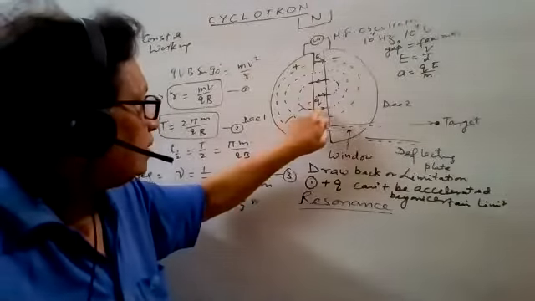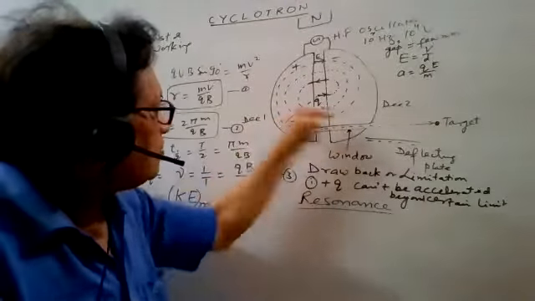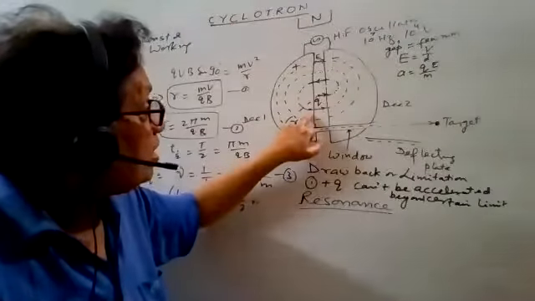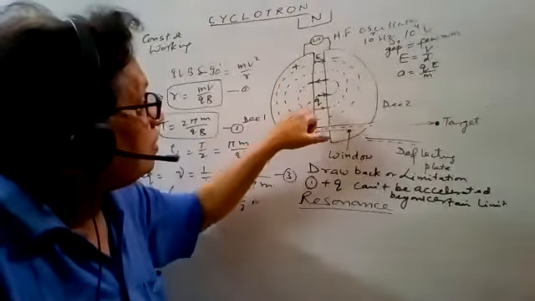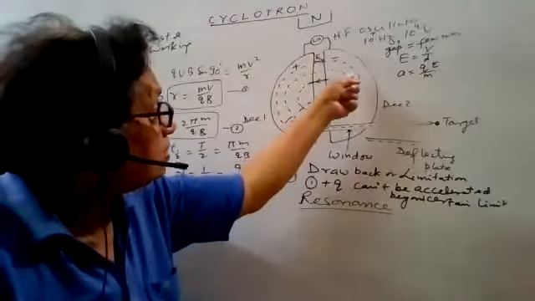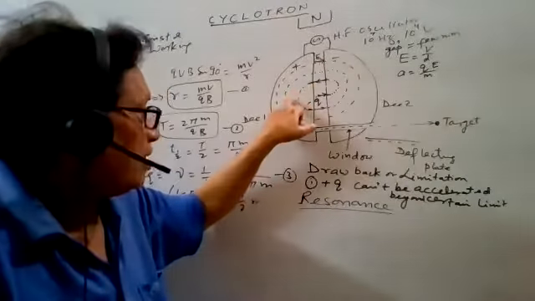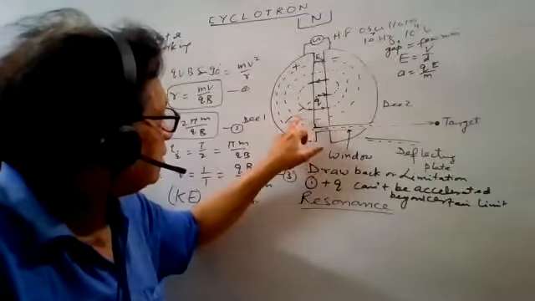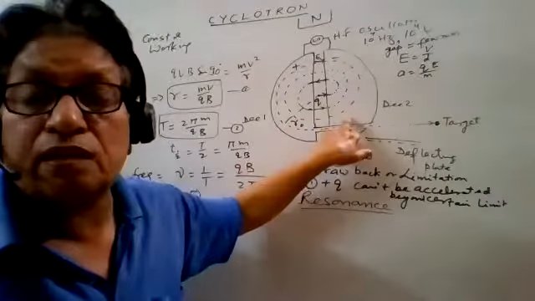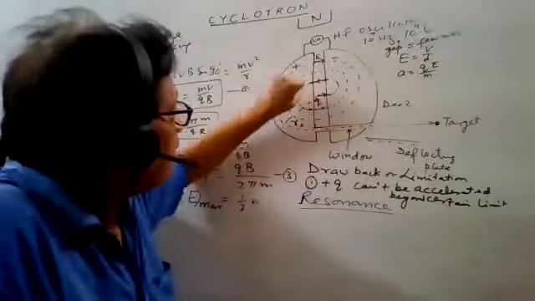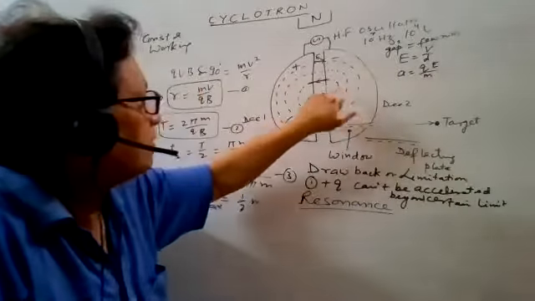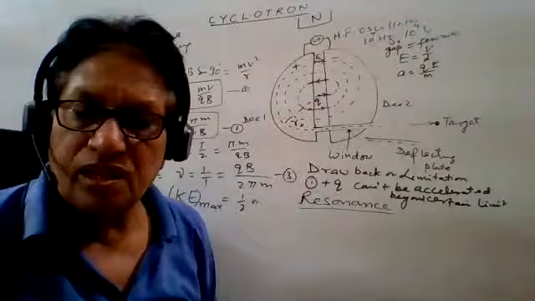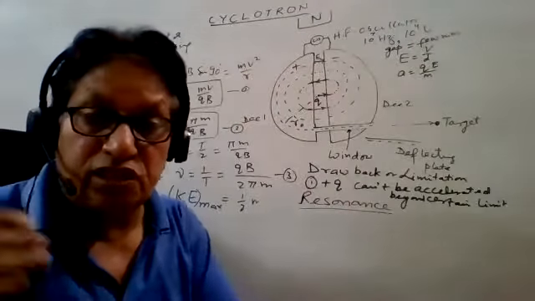Similarly, suppose this is charge particle comes here, just coming out from D1. But at the same time, the direction of electron is not stable from left to right. It is say roughly or in between. At the same time, electron will be generated here, produced here in such a way direction left to right. It is ready to accelerate the charge particle, but charge particle it will be between somewhere in D2 or somewhere say in the reverse direction or somewhere in D1. It means it is mismatching, resonance failure.